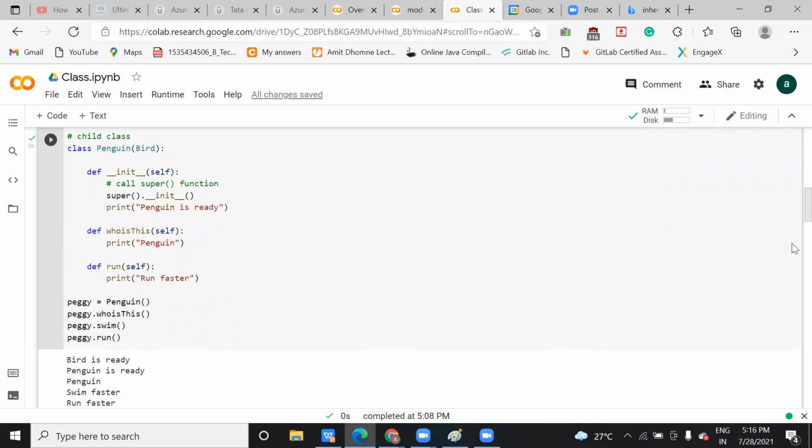So class and object means you create a class. Inside that class, you just think the class is a collection of your functions, methods, and variables, and you can access it with the help of an object. How will you create an object? Any name you can give it. This is user defined, equal to the name of the class. Whichever class you are going to assign to that object, you are going to call this. Who is this? Swim, run. Now do you understand this?